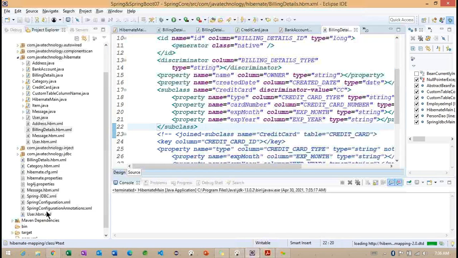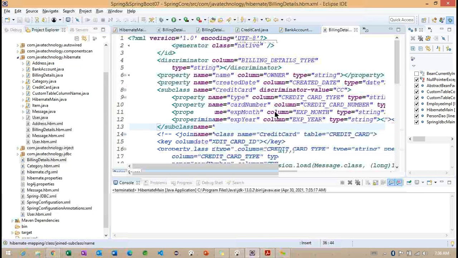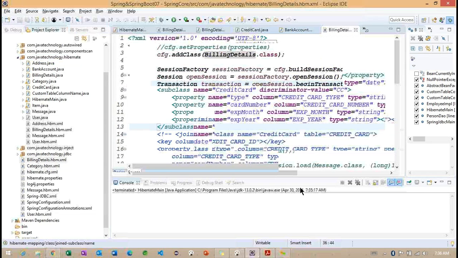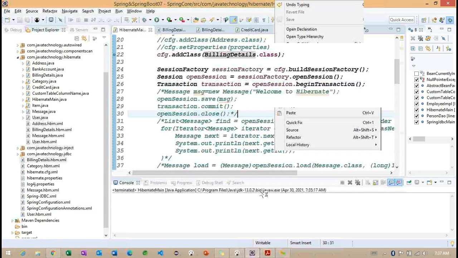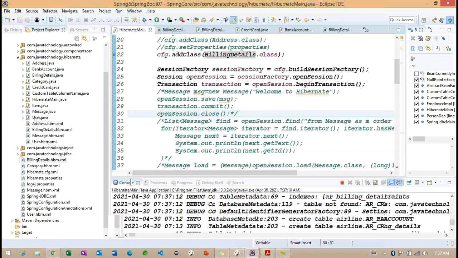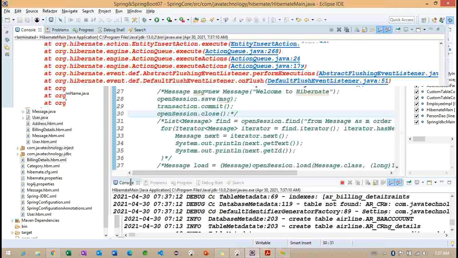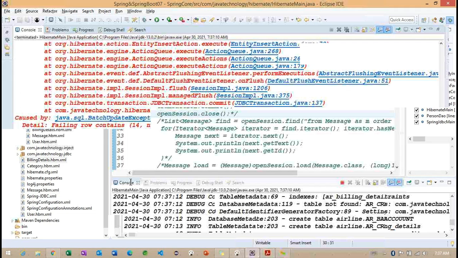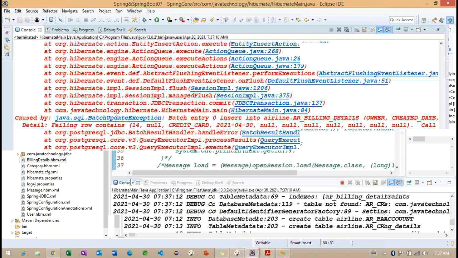So we need to remove the billing details type here. So there is the column we created, the billing details type. Even though we commented the line, since we are having this particular type here.